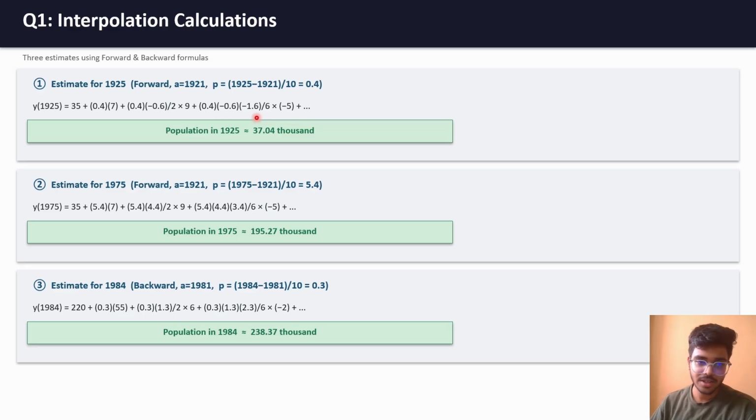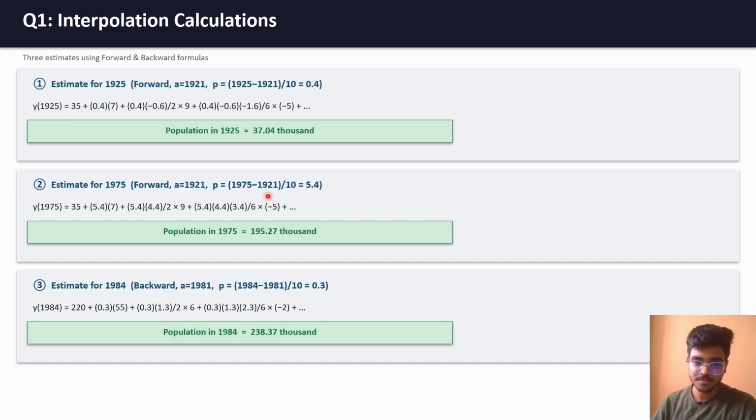And after solving this equation, we will get 37.04 thousand. That is our answer. So our population in 1925 is 37.04 thousand. Similarly, for finding population at 1975, we'll find P. For finding P, we perform x minus x naught divided by h, which equals 1975 minus 1921 divided by 10